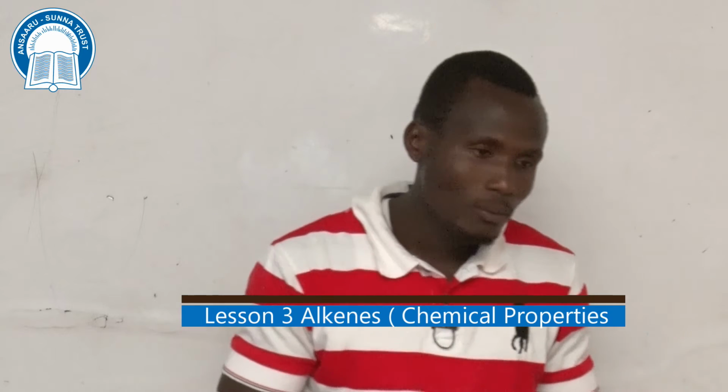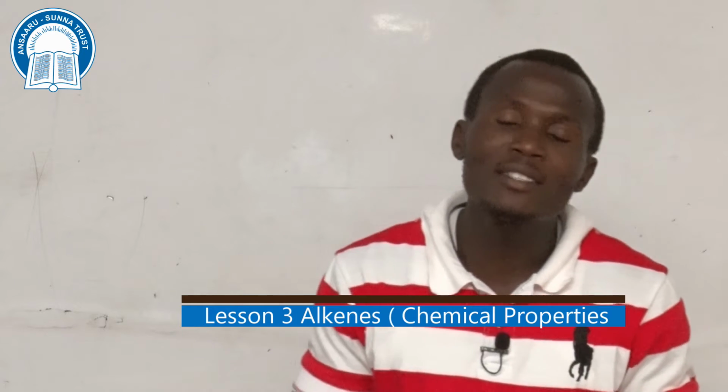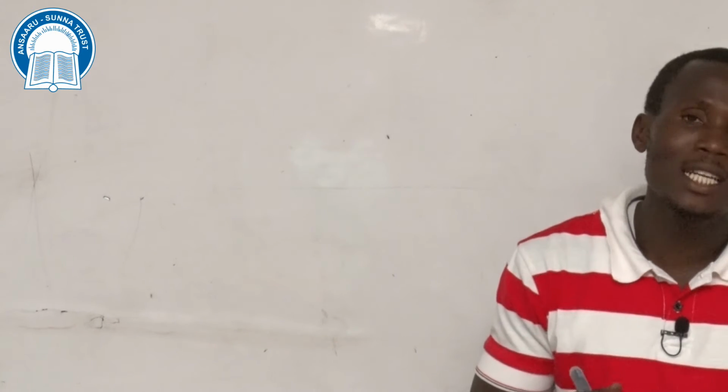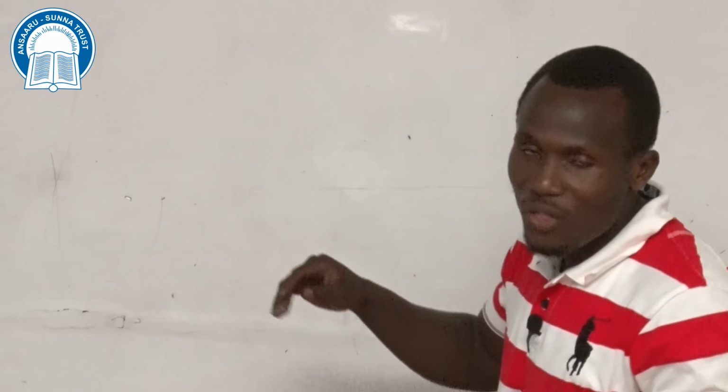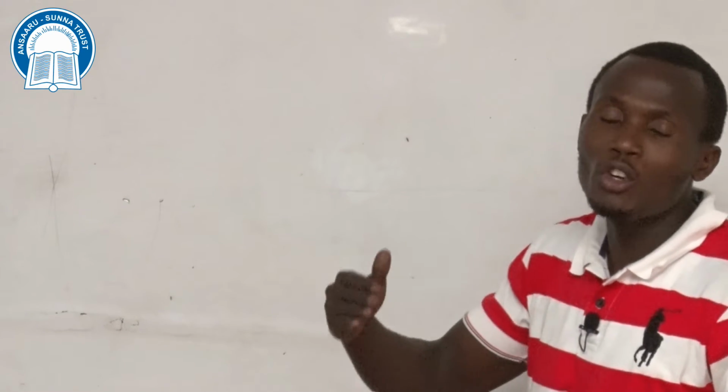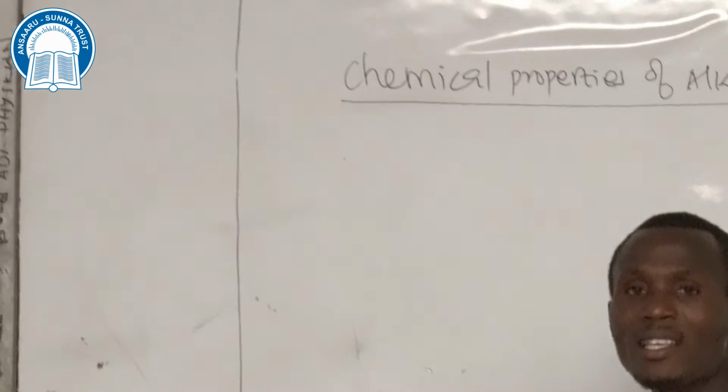So the reaction also depends on the strength of the bond in the hydrogen halide. For example, the bond in hydrogen fluoride is so much stronger than in hydrogen bromide or even hydrogen iodide. So in that reaction, some heating to break those bonds will be needed for the reaction to take place. Now, as we move on with the third lesson, which is still a continuation on chemical properties of alkenes,